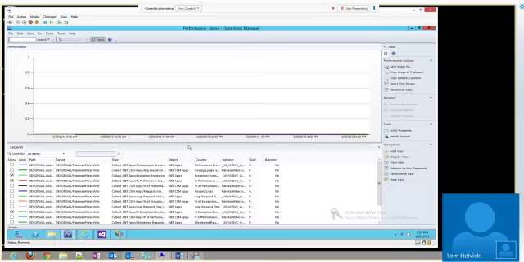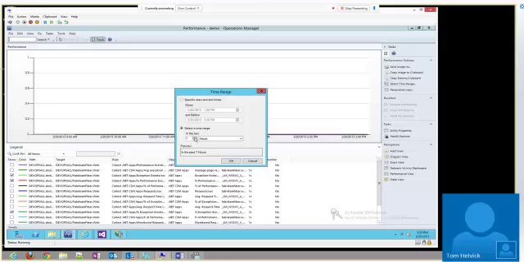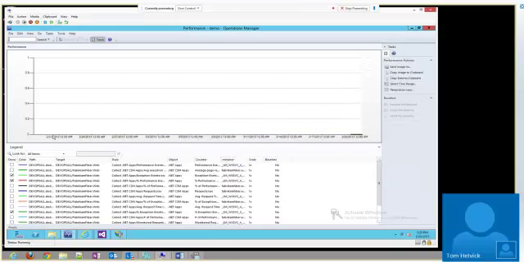But since the server hasn't been doing anything, you don't see the spikes that you would normally get. But this is just a way to slice and dice. I can look at a month at a glance. So if I choose 30, so I might have to switch to days first. 30 days, and it will give me the full view of what my application is doing over time.